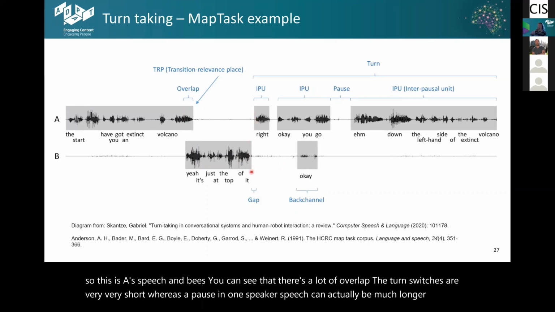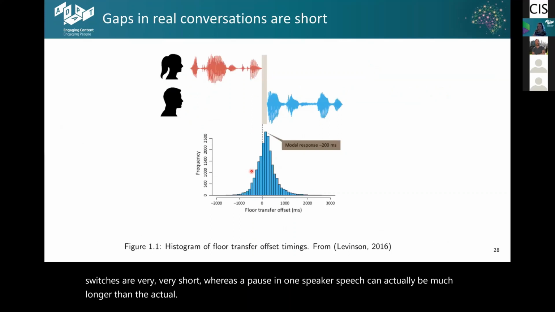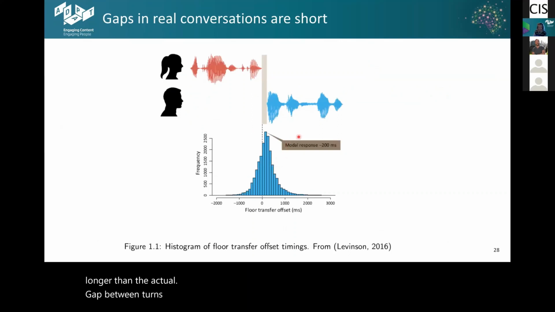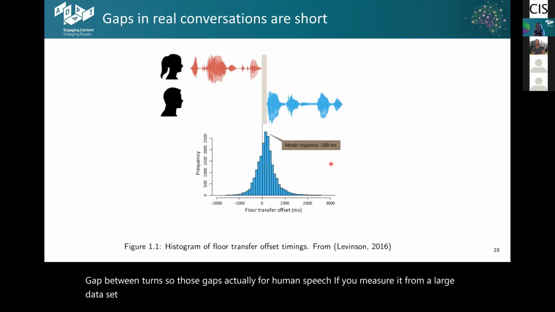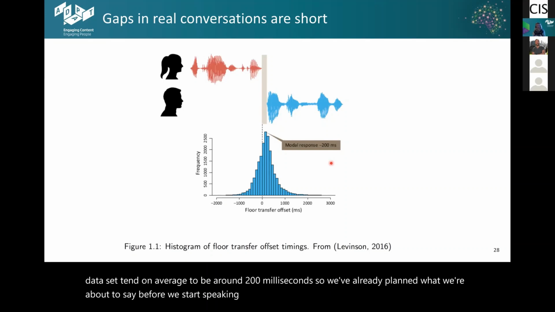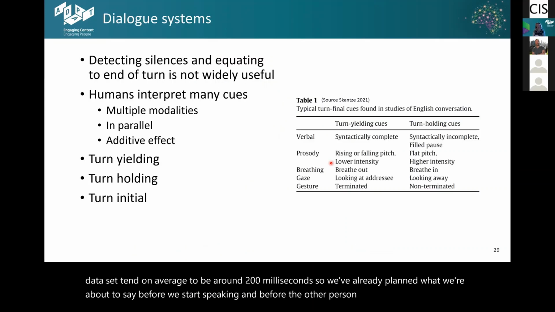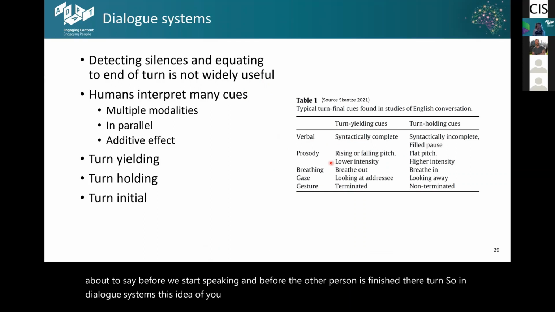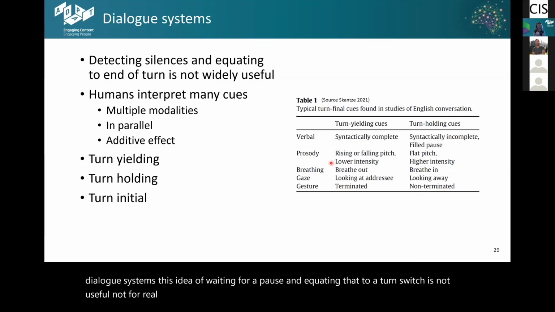So we've already planned what we're about to say before we start speaking and before the other person has finished their turn. So in dialogue systems, this idea of waiting for a pause and equating that to a turn switch is not useful, not for real systems. Humans interpret linguistic, speech, visual cues, all these modalities in parallel. And they can have an additive effect in our ability to predict when someone is going to yield their turn, when people want to hold on to their turn, or when we signal that we want to take an initial